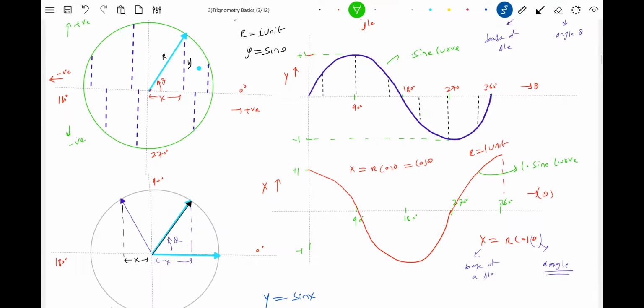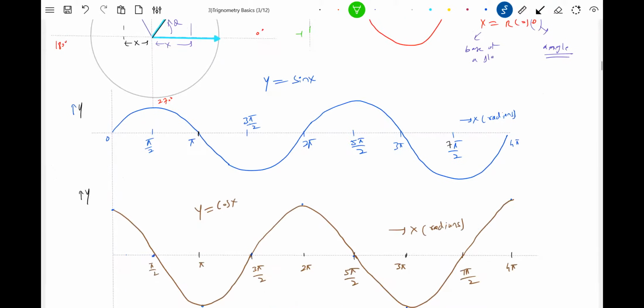In general, if you open a book, y equal to sine x, where x is in radians, how will the curve be? The curve will be like this. At x equal to pi by 2, sine will be at maximum. We do define it like this. So why will the curve be like this only? This is the reason. Sir, you told us x can be theta here. Okay, you're getting confused. I'll write theta.